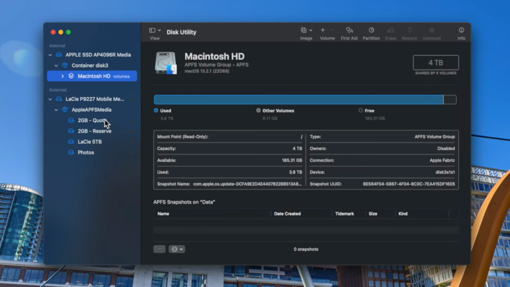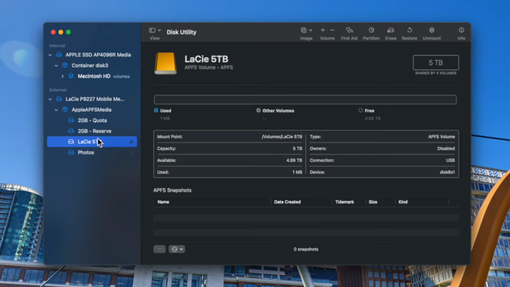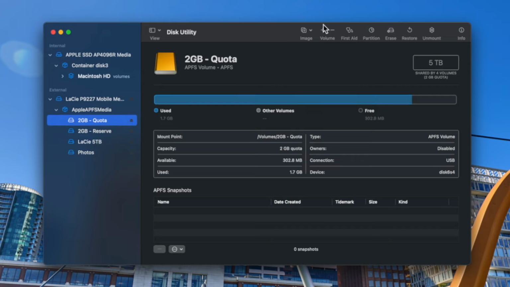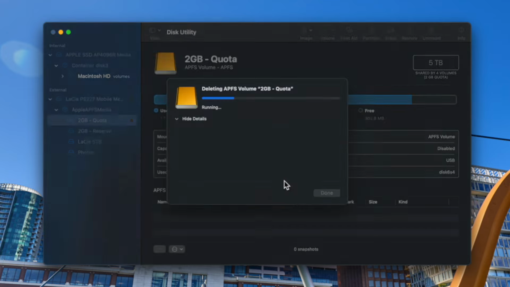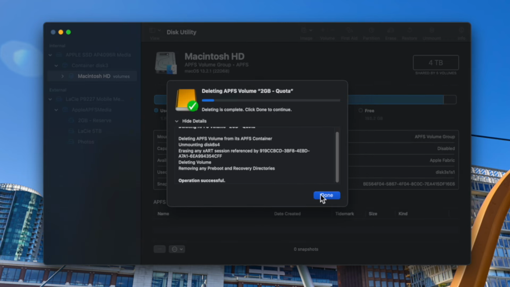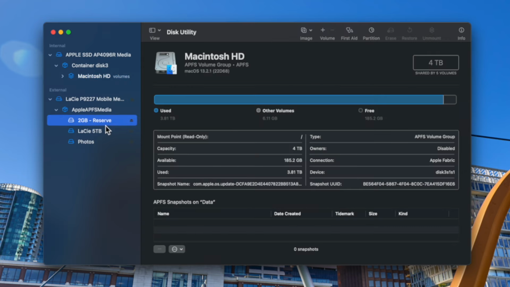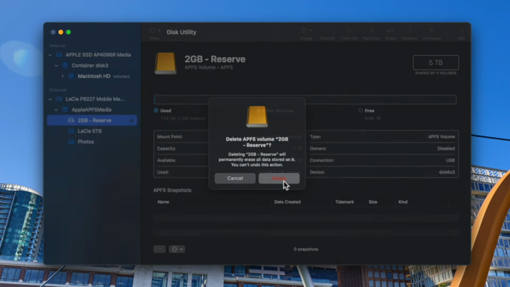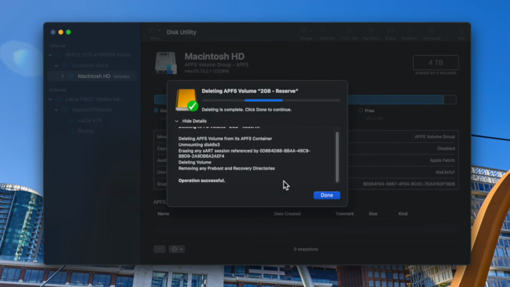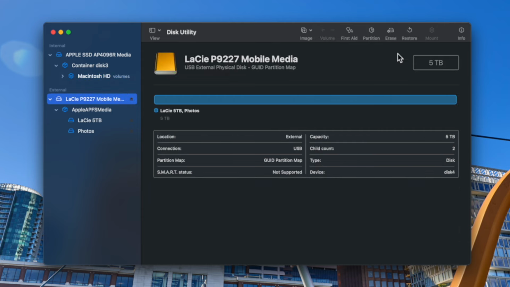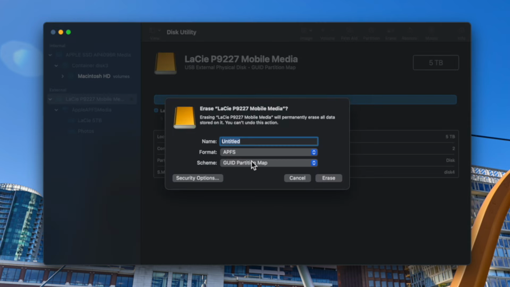Choose done, and now we're left with these. If I wanted to get rid of any of these volumes, I can just click the minus sign at the top, choose delete, and it will delete that one, and we're just slowly going back to what we were before. Or if there's nothing on this hard drive and you want to start from scratch, that's where you just select the drive, choose erase, and then we're back to square one of erasing the entire drive and starting from scratch. That is pretty much the difference between volumes and partitions.